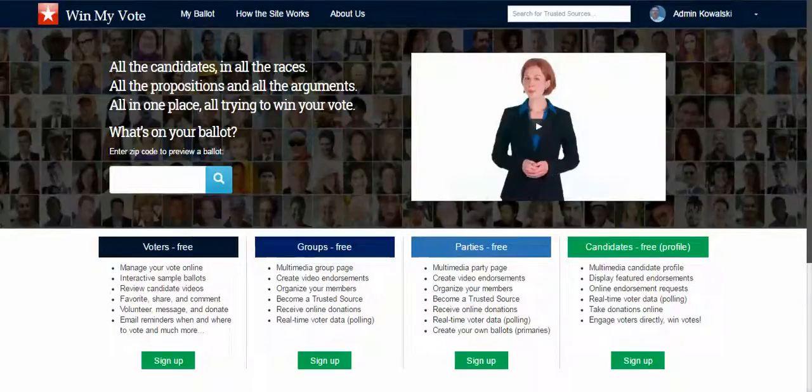I would like to talk with you about some of the candidates that you manage and having them go up and create a candidate profile here on Win My Vote. Win My Vote is a voter engagement site, or maybe better described as a voter, candidate, groups and organizations